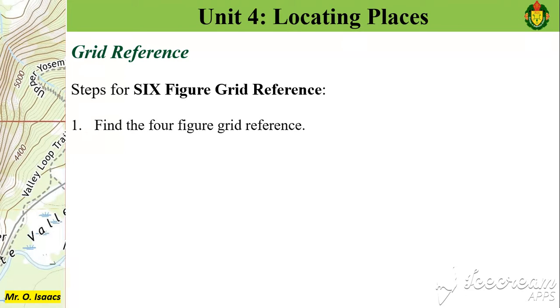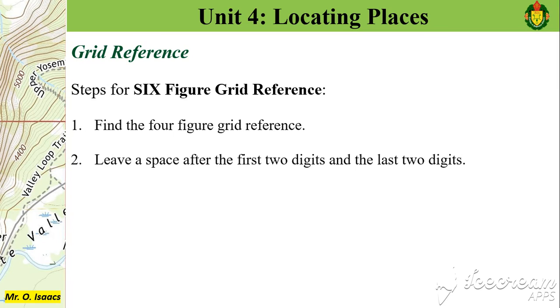located. So first of all, the steps here we have: number one, find the 4-figure grid reference. So we would have done that already in the previous video. Then now you're going to leave a space after the first two digits and the last two digits. So for example, if you have 12, 23 for your 4-figure, you leave a space after the first two, just like that, and then you leave a space after the last two, just like that, because you're going to fill